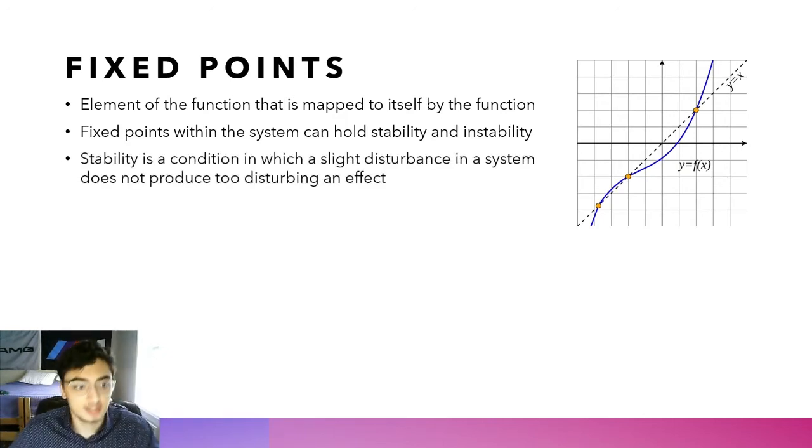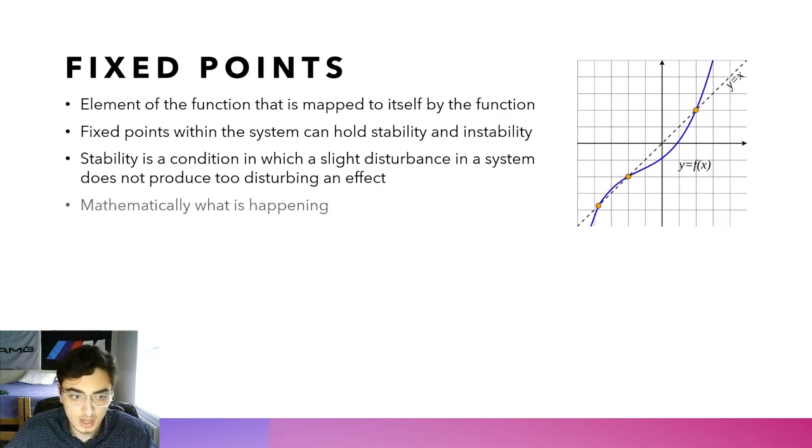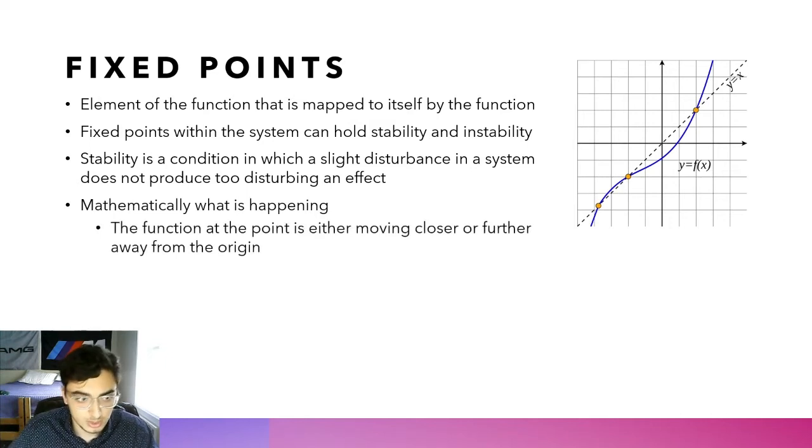Stability, in this case, is a condition in which a slight disturbance in a system does not produce too disturbing an effect. Now, if that doesn't make too much sense, mathematically, the function at the point is either moving closer or further away from the origin. And if that doesn't make enough sense,